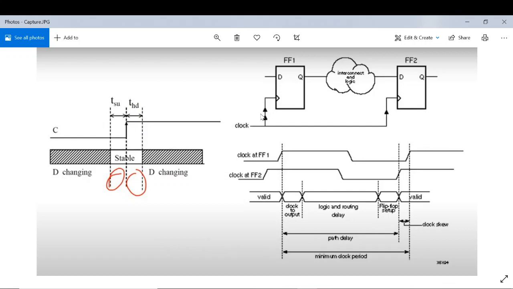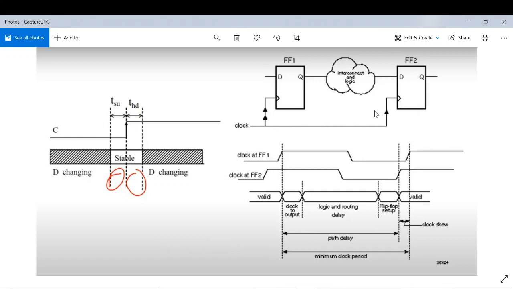Let's call this flip-flop the launching flip-flop, and this flip-flop the capturing flip-flop. When the positive edge of the clock arrives here, whatever data is here gets transmitted to the Q port after a clock-to-output delay, that is the clock-to-Q delay. This is the data path, which I am also calling the combinational circuit design. Let's say it is the 3-bit adder which we designed in lab 2. Then this is the next flip-flop, and at the output port of the 3-bit adder the sum will arrive here.